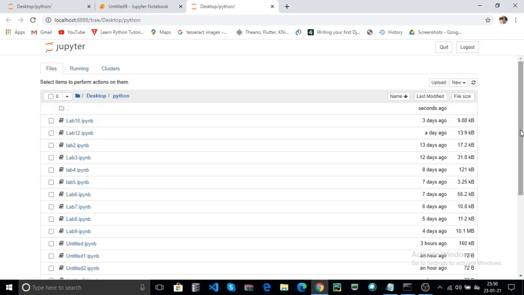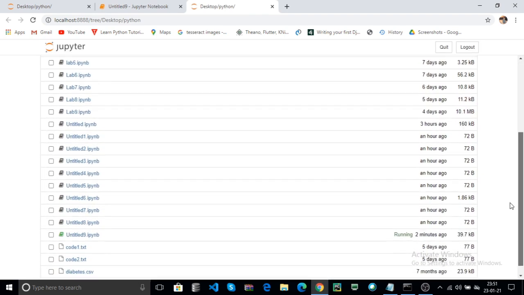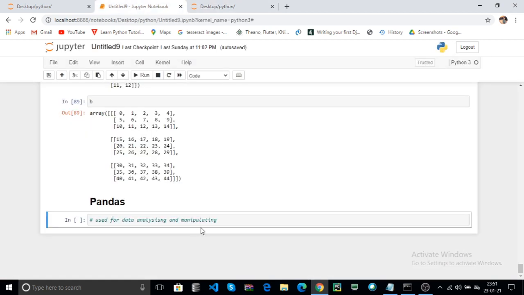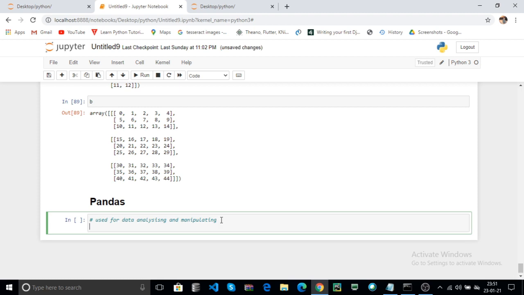Here I placed one data set, diabetes.csv. Data sets come in different formats, for example CSV format, TXT format, SQL format, JSON format, Excel format and HDF. These are the main extensions used for your data set.